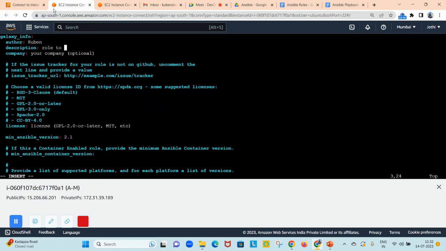Role to install and configure Apache 2 in web servers. Okay, company is optional. Maybe you can give your company and say